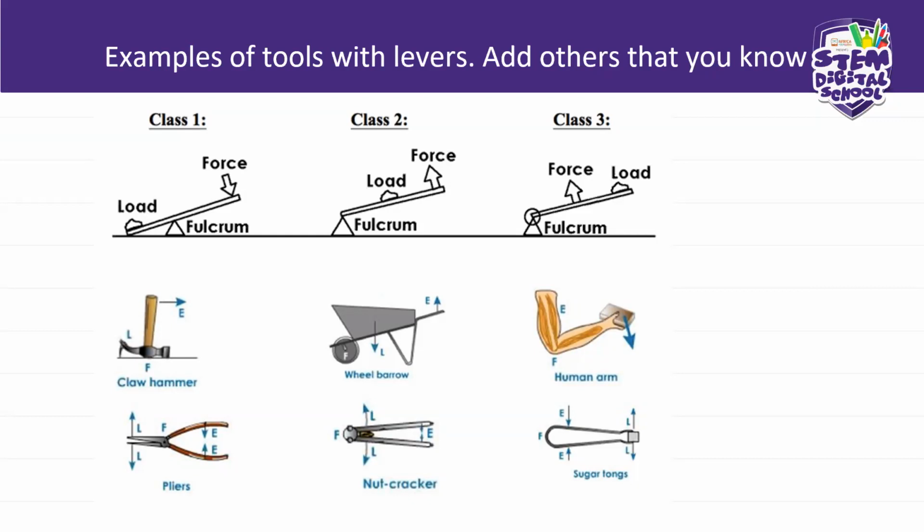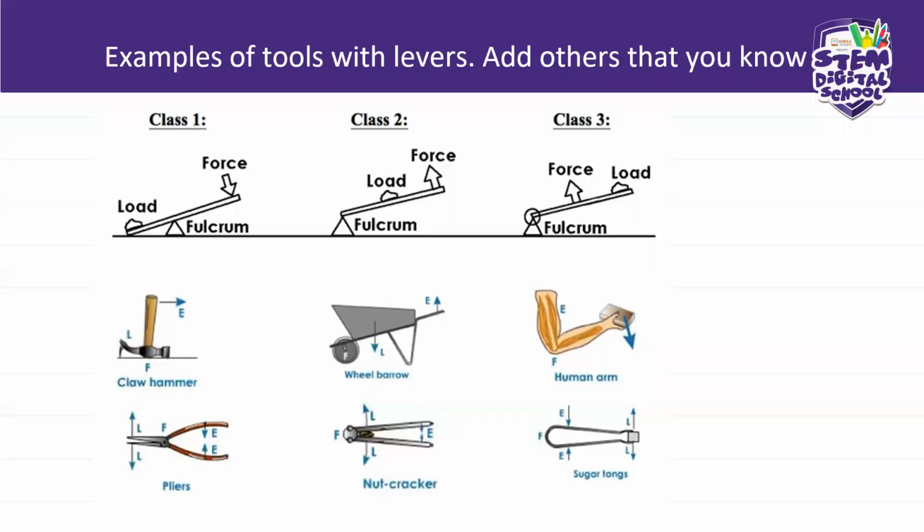Let's just look at the wheelbarrow. We are not told where's the pivot. We just know the pivot is at the wheel. This illustration doesn't show us where the pivot is, but we know the F. Oh, there's a little F there. The F is on the wheel. So that's our pivot. And between the pivot and effort, you have your load. The load of sand or whatever you're carrying with the wheelbarrow is between the fulcrum and the effort. So that's a characteristic of